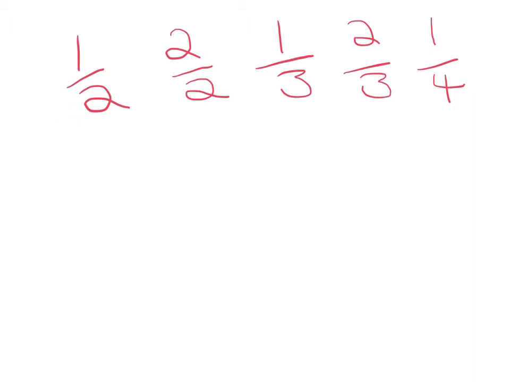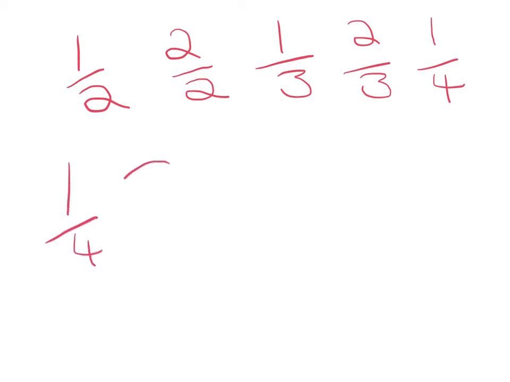The first thing to do is look at the denominator in a number. So if we scan along here, we've got a couple of halves, a couple of thirds, and a quarter. Now the biggest denominator is where you start, and that will be the smallest one. So in this case it's the quarter, and the quarter is the smallest, and the reason it's the smallest is